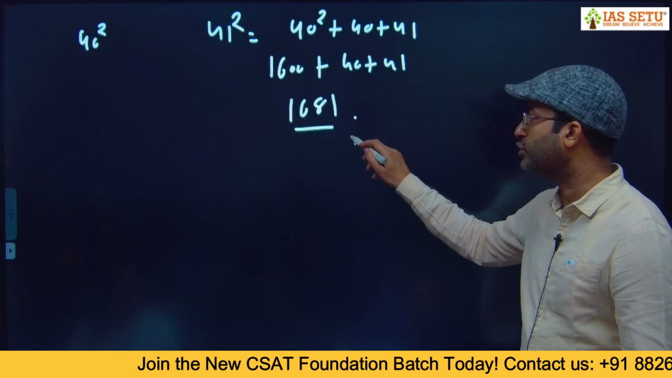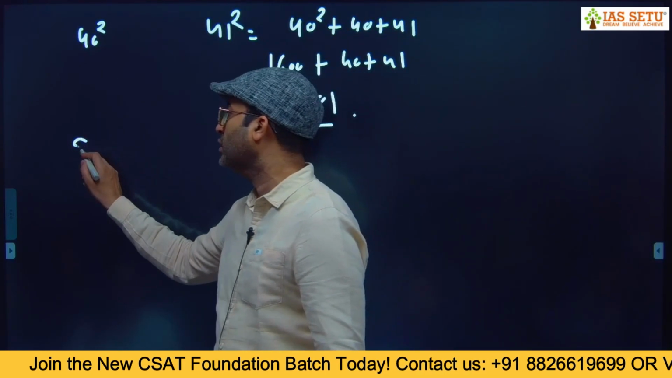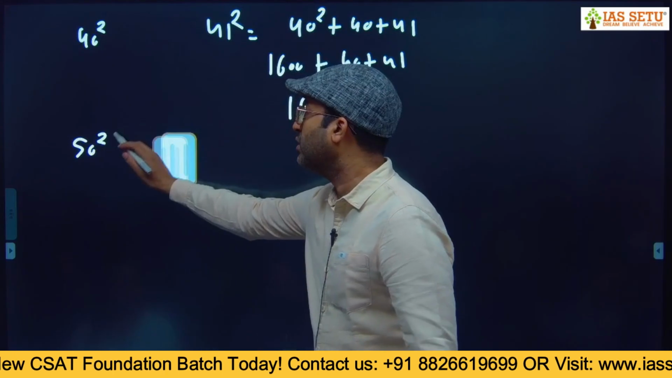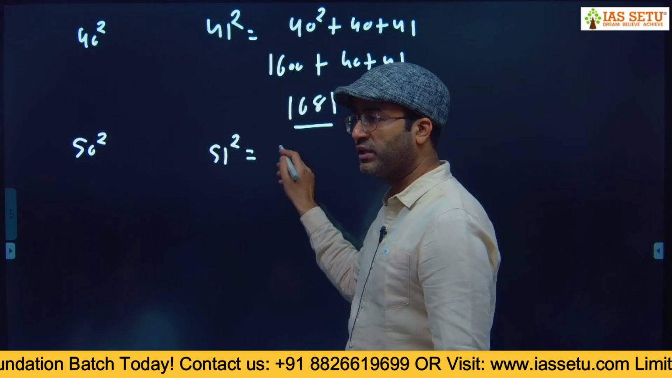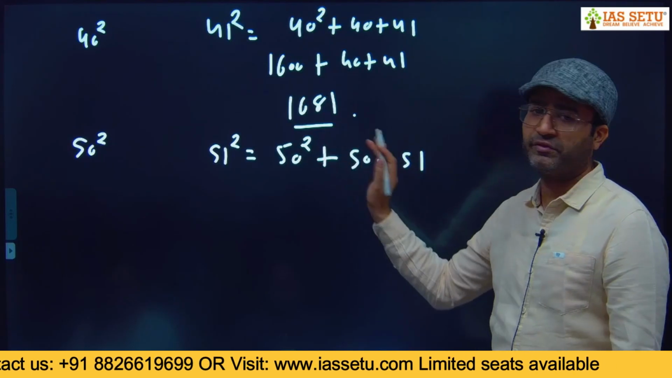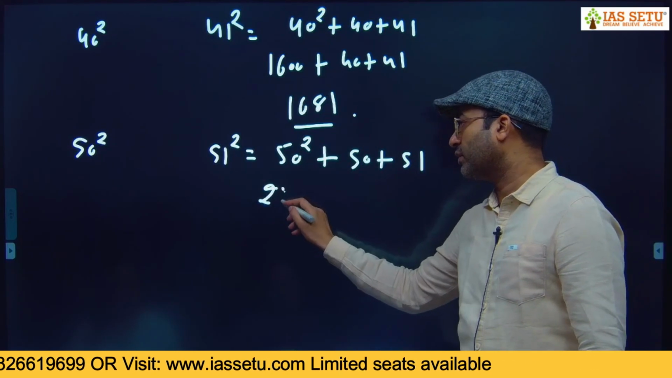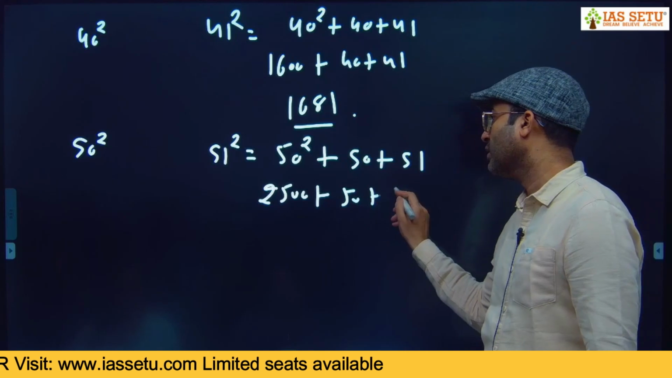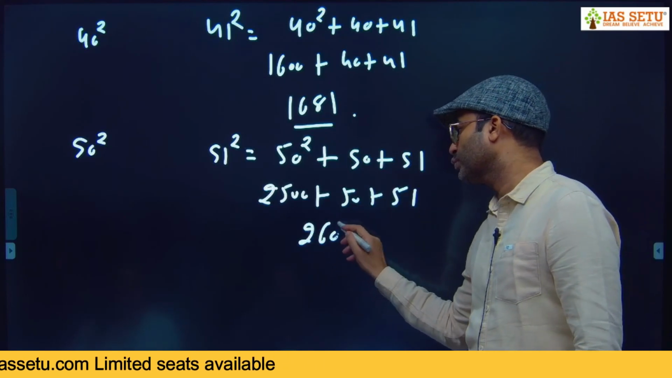I take one more example. If I know 50 square and you ask me 51 square, based on this observation, 51 square is nothing but 50 square plus 50 plus 51. This is 2500 plus 50 plus 51. It is 26